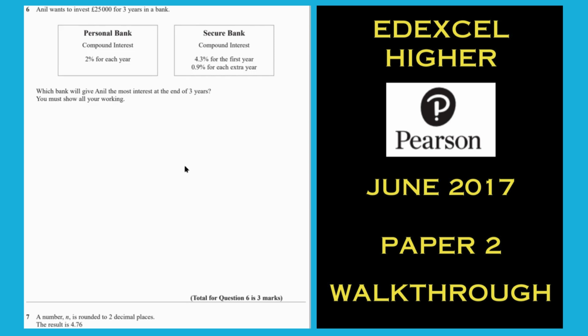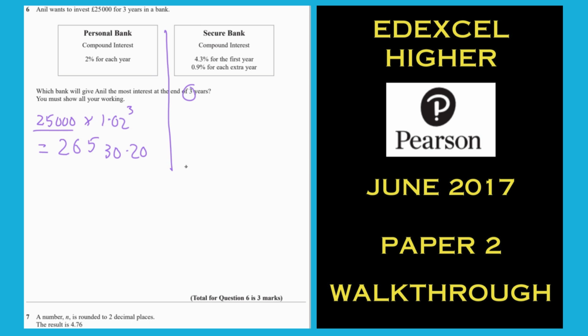On to number 6, bog standard calculated percentages. Personal bank. All right, you don't actually need to write that if you've separated it, but we've got a capital. 2% is a multiplier of 1.02, and it's 3 years. Stick that in your calc. You can either have your total, or you could subtract the 25 grand and find out how much the interest is,